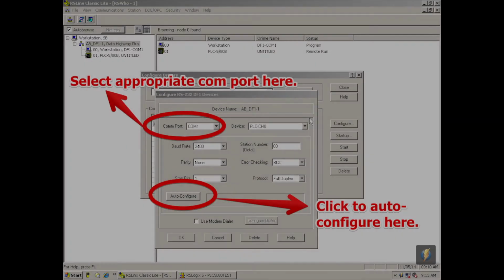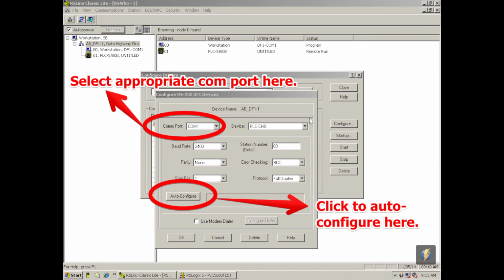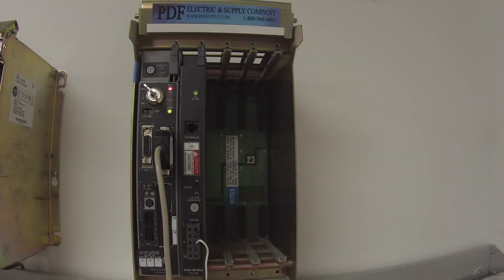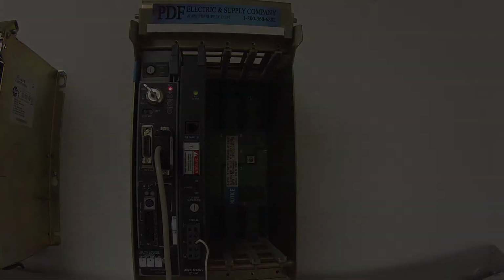Now, the important thing to remember is under COM port on the top left-hand side, just make sure that you've selected the appropriate COM port for what you're using at the other end of this cable. All the other stuff, when you hit Auto Configure, we call it the cheat button, will auto-deploy. So baud rate, parity, stop bits, if any of those things are different, this system will change it for you. You're going to select OK once it's configured and running. We're going to close out the Configure Drivers menu, and we're going to reduce RSLogix Classic Lite, but we're going to keep it running. Now I'm going to open up RSLogix 5 software, go to File,